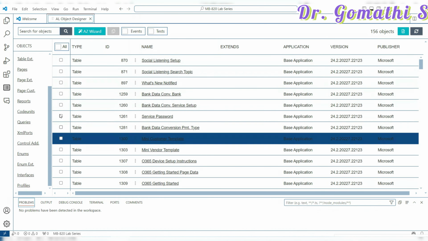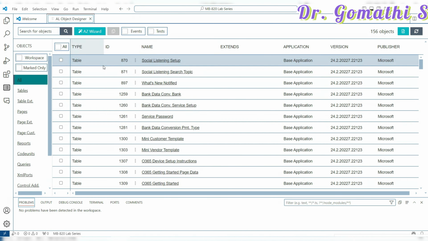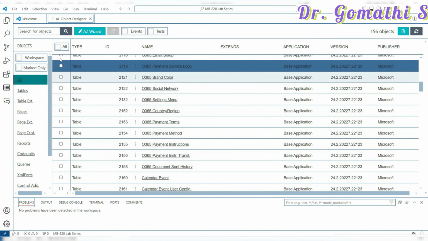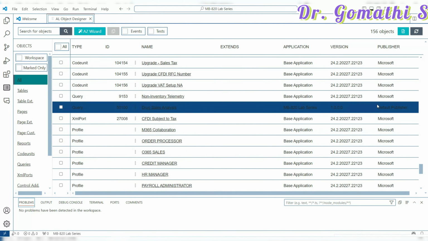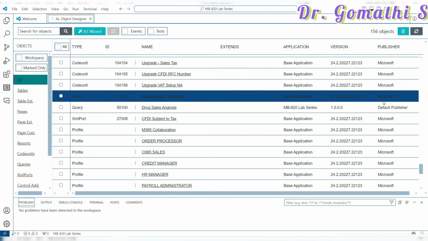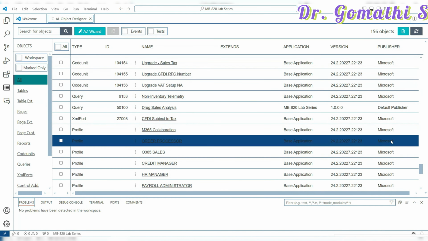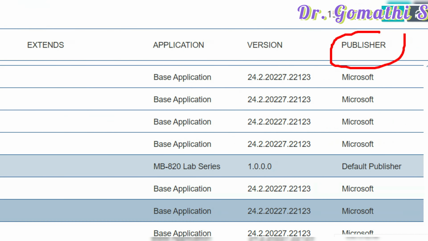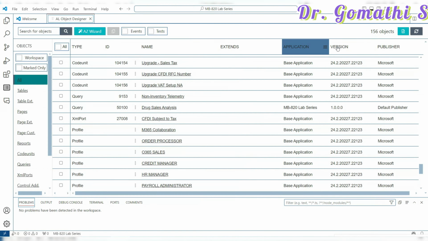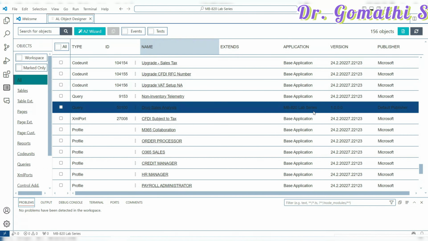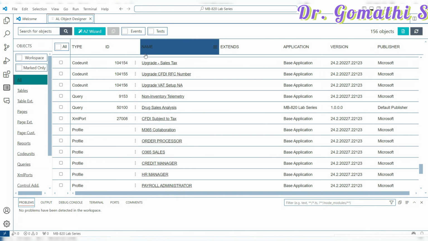So here you can see all the object types. Okay, so these are the tables. If you scroll down, every object will be loaded, and you can see this is the Microsoft object. Here you can see who the publisher is, what version it has been updated to, and what the application is, the base application. And here you can see the name of the table and the ID of the table,